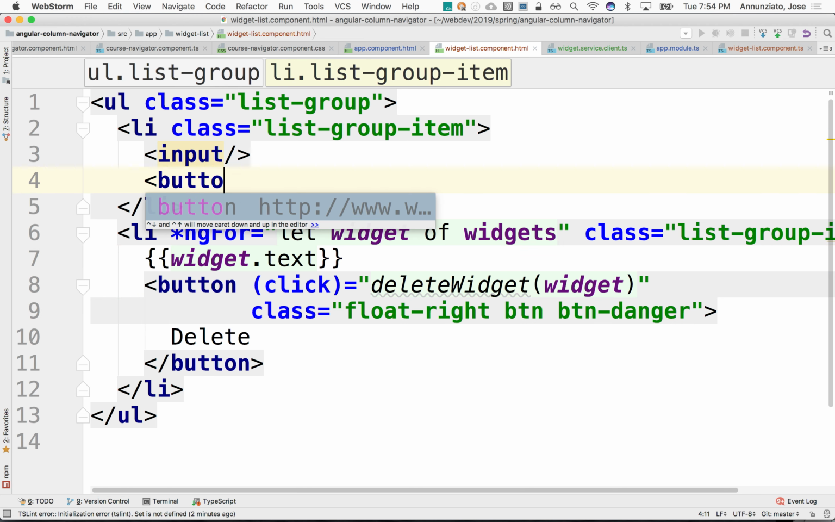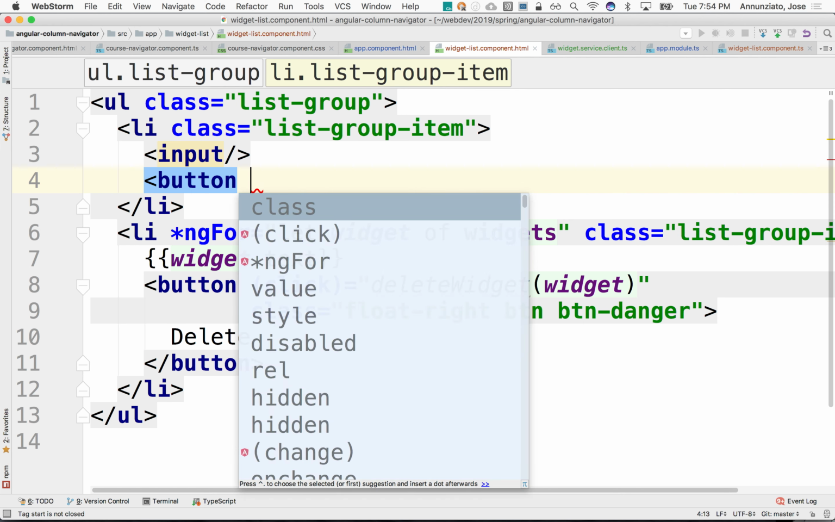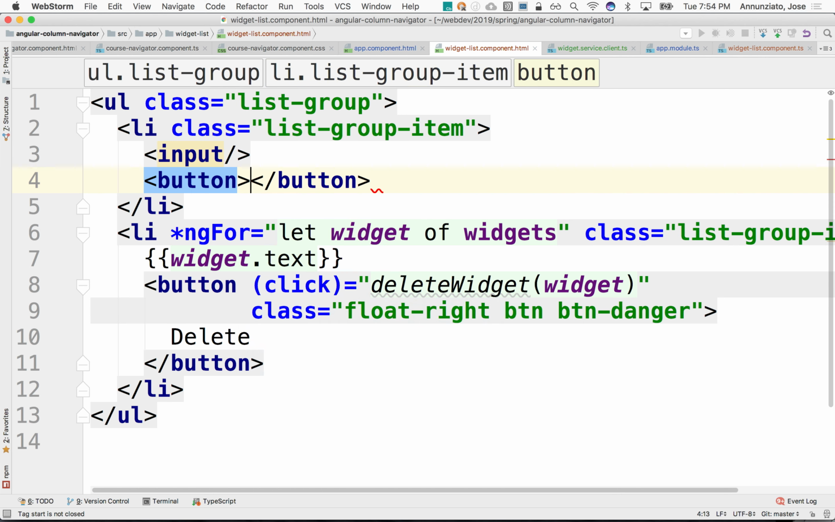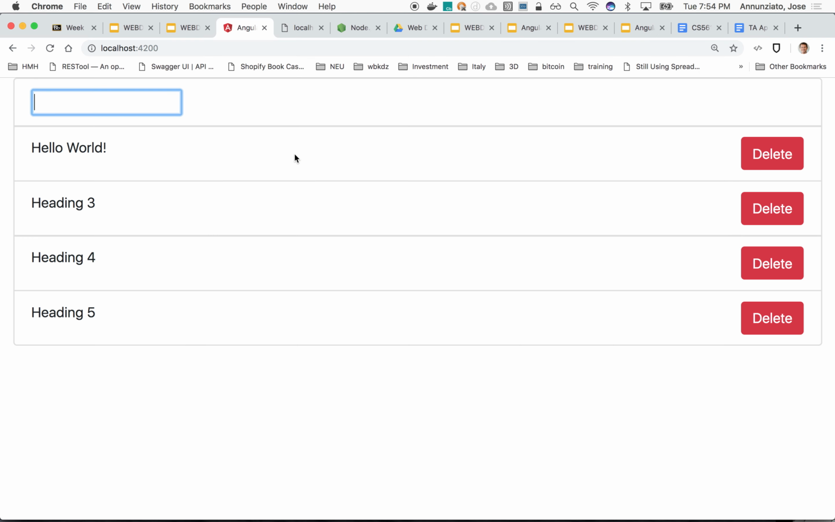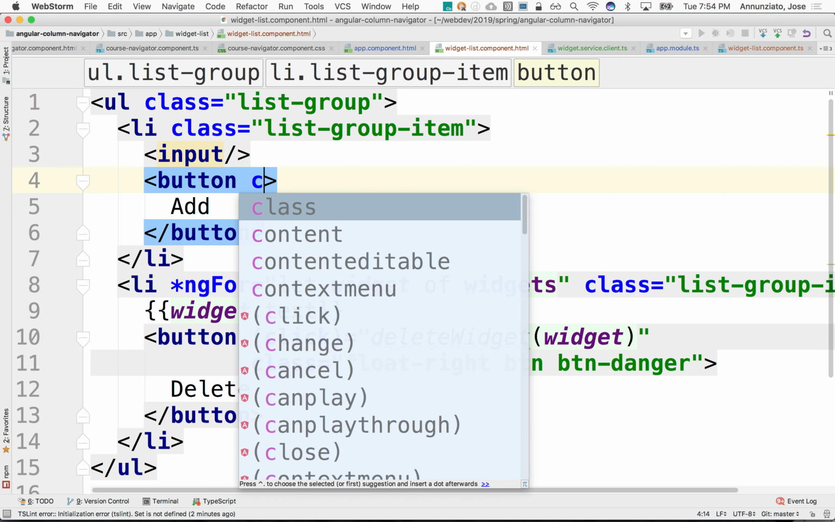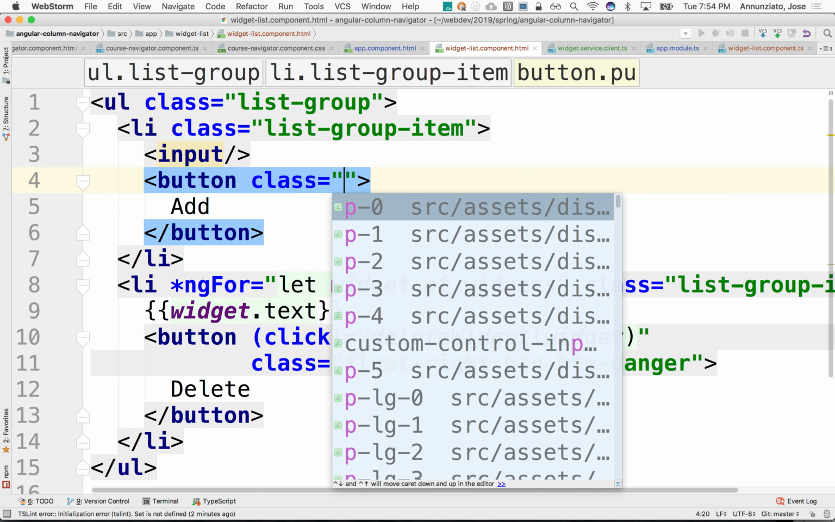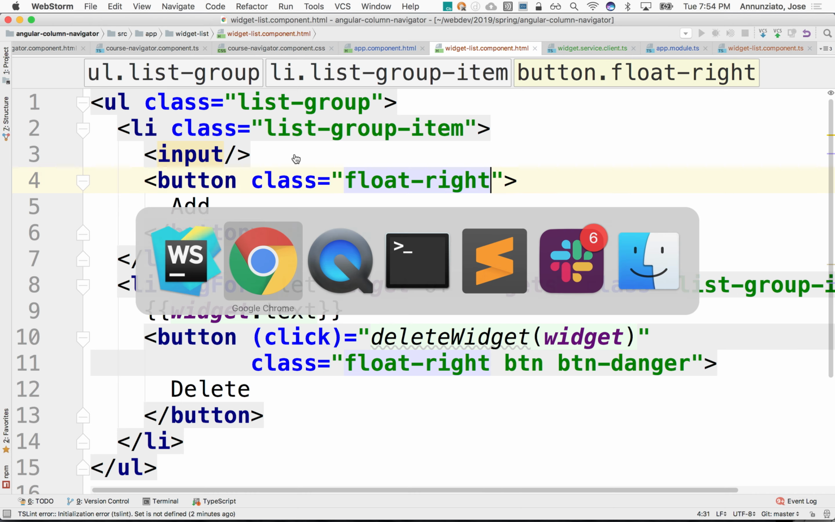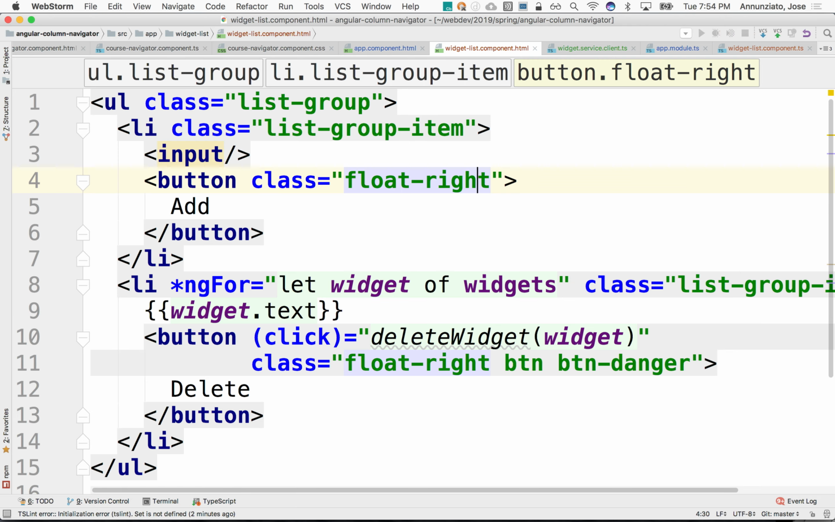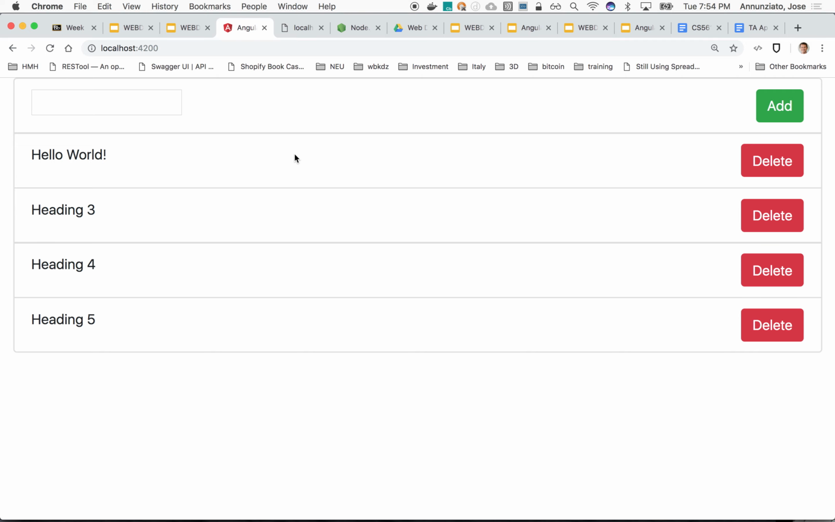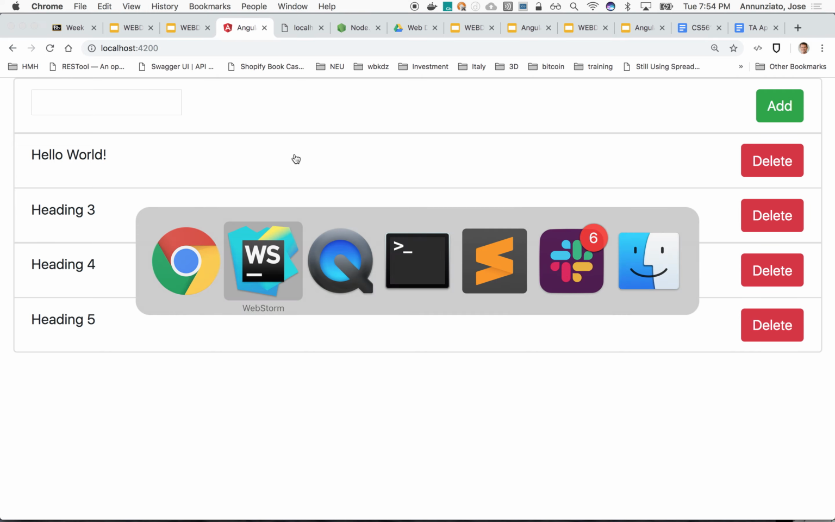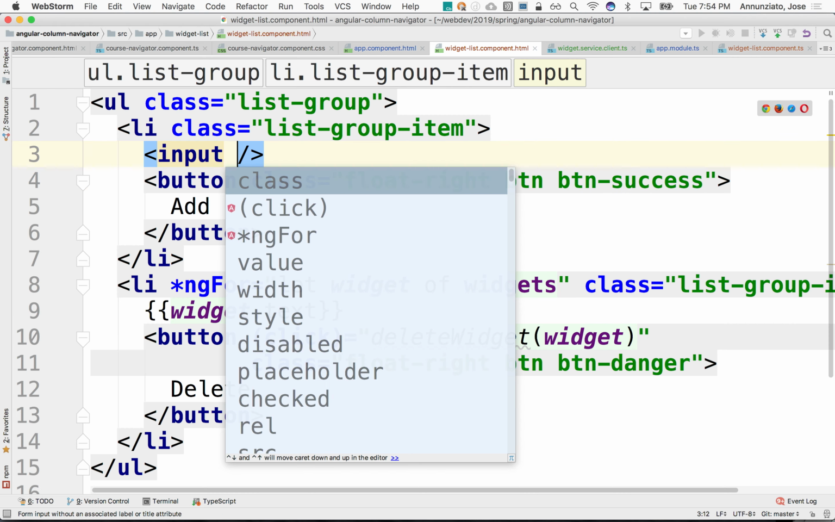So this might be a button, with add. There we go. Let's maybe send it all the way to the right hand side. There it is, and maybe paint it a little bit green, as in being able to create something. There it is. So what we'd like to be able to do is bind this input to maybe a state